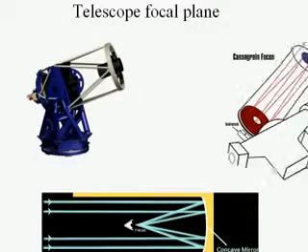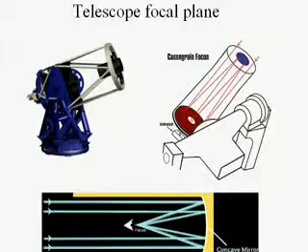But as I said, it is not convenient to place an astronomical instrument at the prime focus always, and therefore one has got a secondary mirror as well. So you can see here in the diagram on the right an arrangement whereby you get light first falling onto the brown colored primary mirror. It is then reflected onto the blue colored secondary mirror, and then it is reflected a second time through a hole in the primary mirror. The light is therefore taken out of the tube of the telescope and is directed to an instrument.